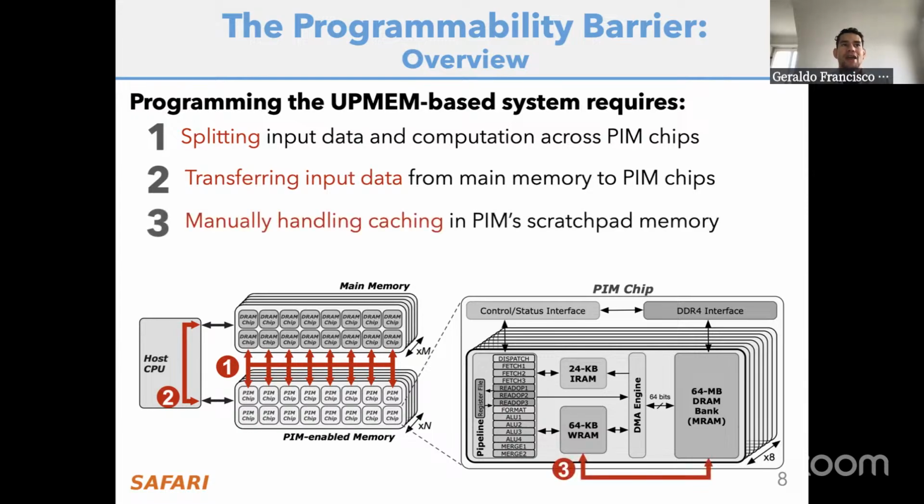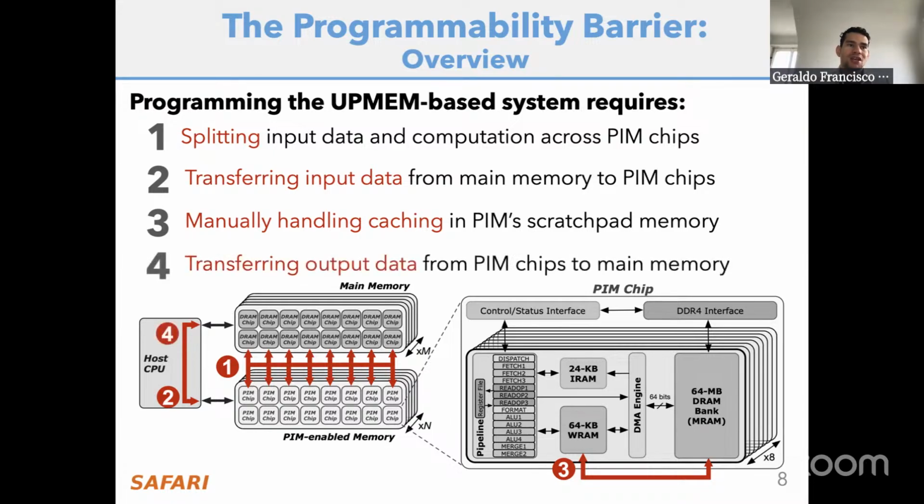Then you need to manually handle caching inside the processing memory chip, particularly for the PIM architecture, which has some scratchpad memories inside the PIM cores. The user is responsible for moving the data from the DRAM banks in the PIM chip to the scratchpad memory prior to a computation. And finally, you might need to transfer the data back from the processing memory chip to